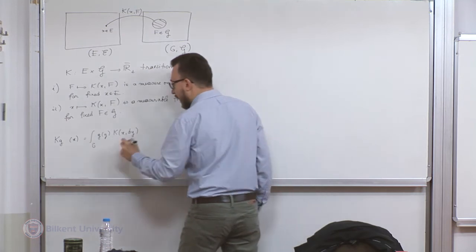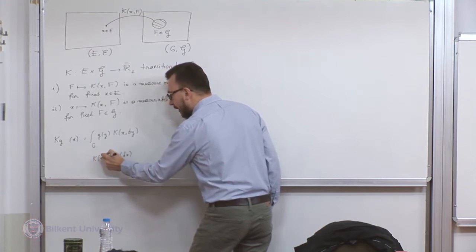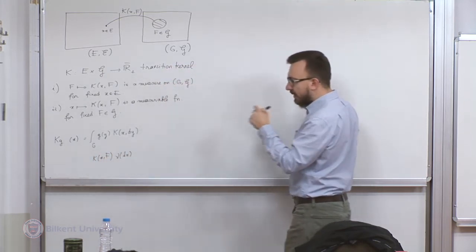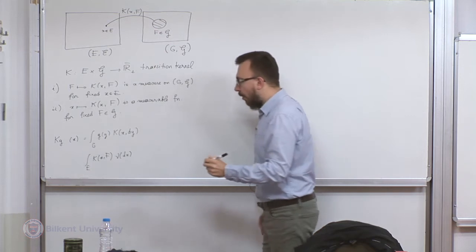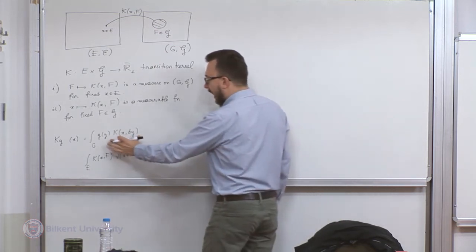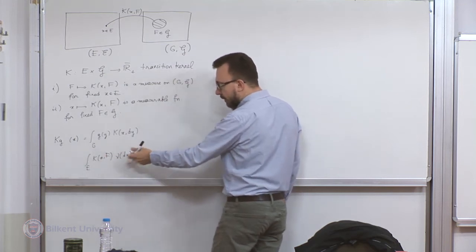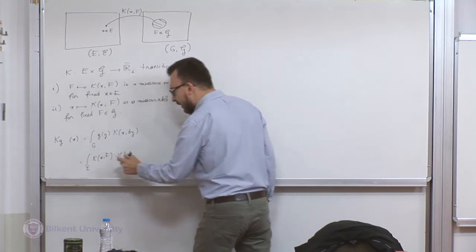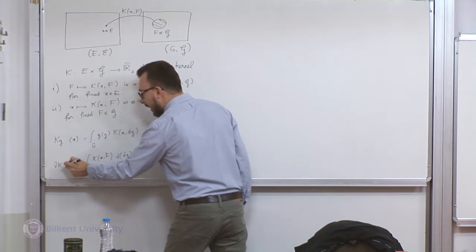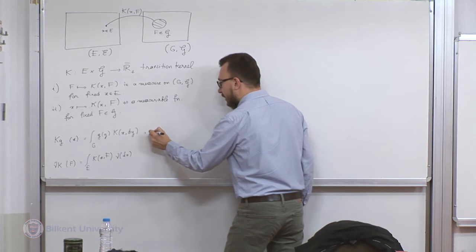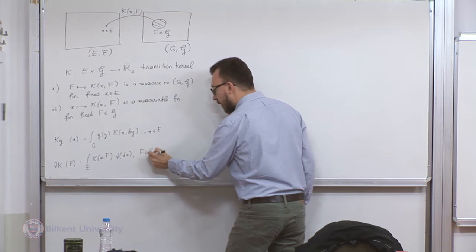And if you have a measure on the first space, you can use the function part of k for some fixed f and integrate it with respect to this measure. So now this is an integral on E. So you can use k as a measure or as a measurable function whose integral you can evaluate with respect to some other measure. So now what is this? This is a function of f, right? So we write nu k at f. This is for x in E, and this is for f in G.